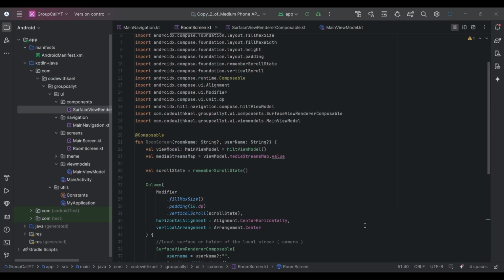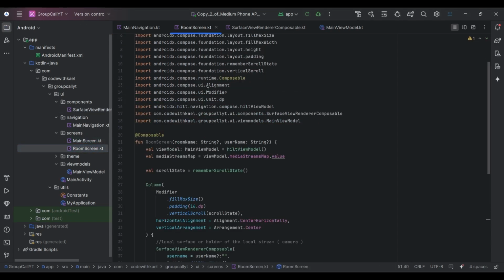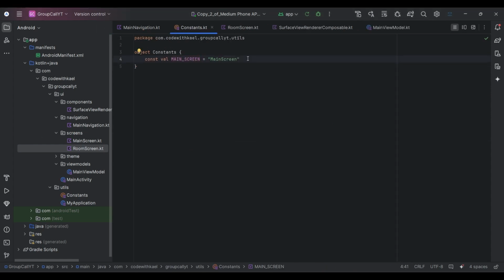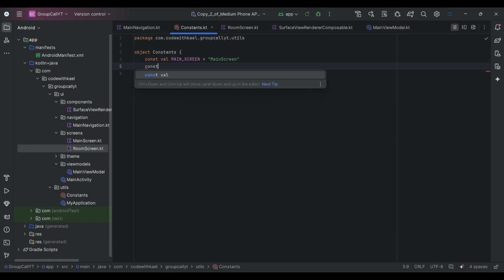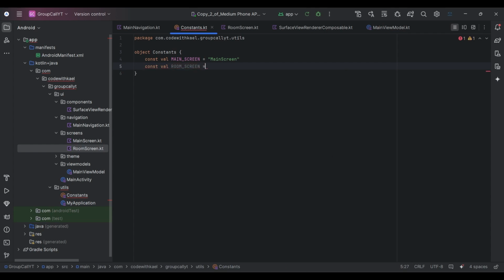Okay, so before moving to the next video, we want to set up a way to navigate from the home screen or main screen to our room screen. To do that, we should add these composable inside our nav host. So let's go to the constants. Let's add the const val room screen variable, which is going to be like this, room screen, and add the room name parameter and user name parameter, just like that,